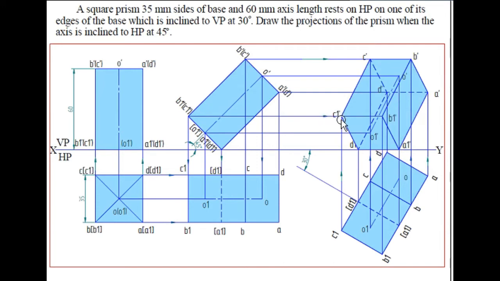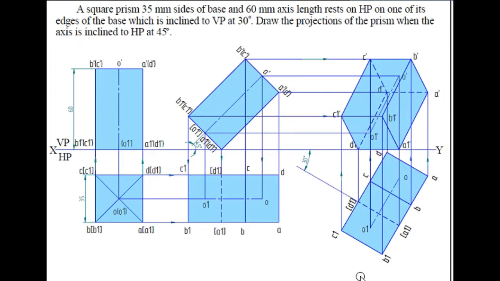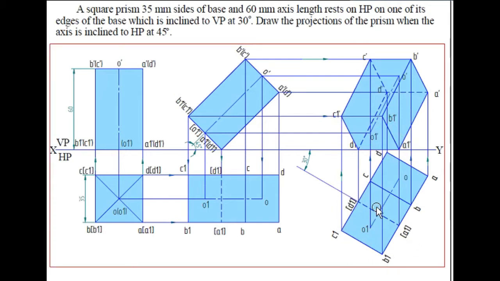Similarly, coming to joining the lines, how to join the lines? See, when I see from this direction, this face will be visible. So first I will complete that face. What is that face? A1 b1 c1 d1. So I will mark this a1 b1 c1 d1 and d1 to a1 will be drawn. And you can see here, when I see from this direction, which is the farthest corner point, D is the farthest point, right? So from D, you can see here D.